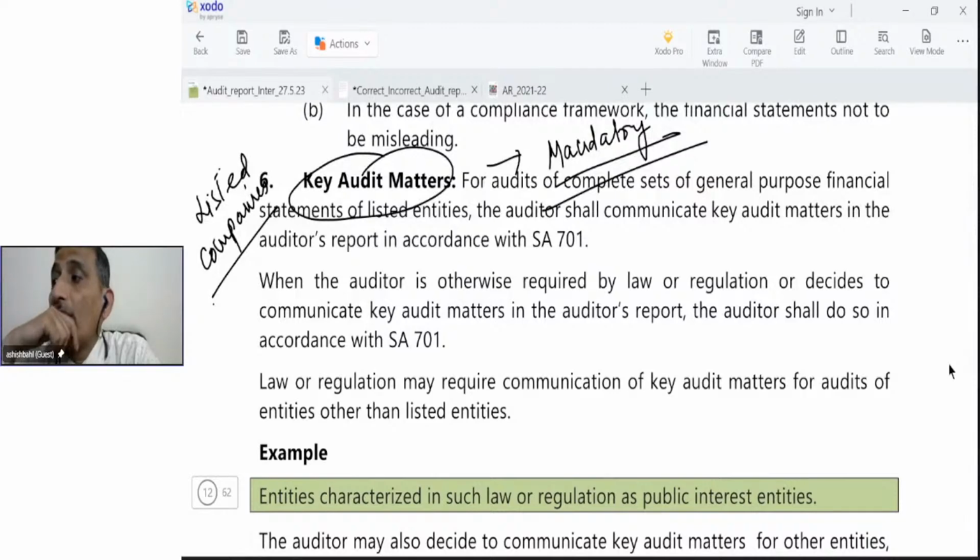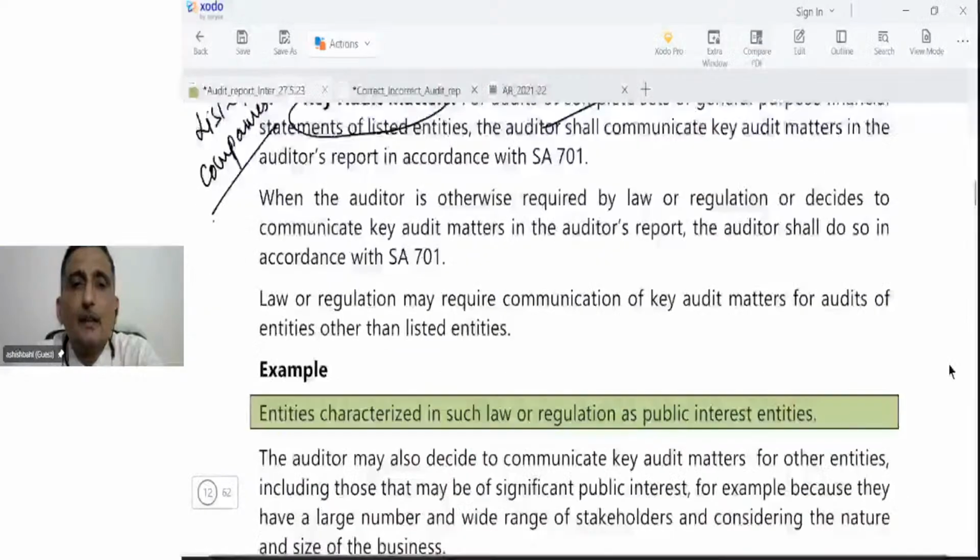So, Darshan, these have to be given compulsorily. It is mandatory for listed companies. The auditor cannot skip this requirement for listed companies. He would have to identify them. Clear? So now,